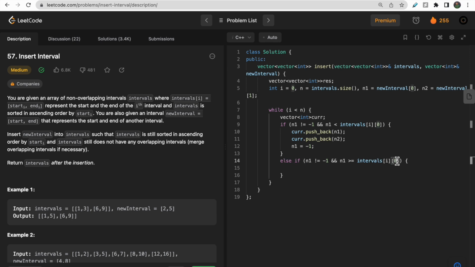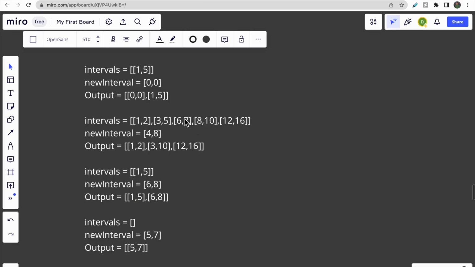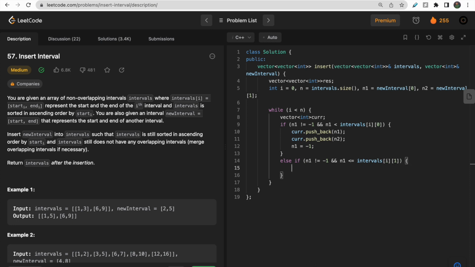So here it won't be I and 0, but it would be I and 1. Sorry, it would be n1 is less than equal to. So this is the second situation. Let's say here we have 4 as n1, and this n1 is somewhere between 3 and 5. That is, it is less than equal to the ending index. Okay, then in this situation what we would do, we would